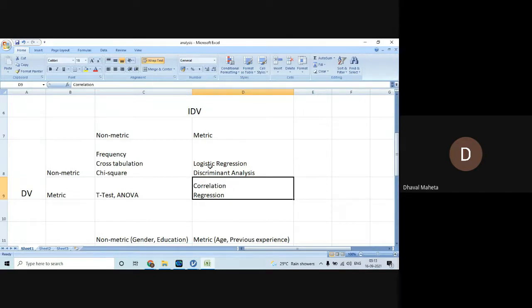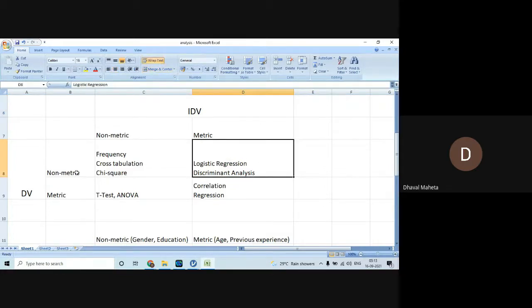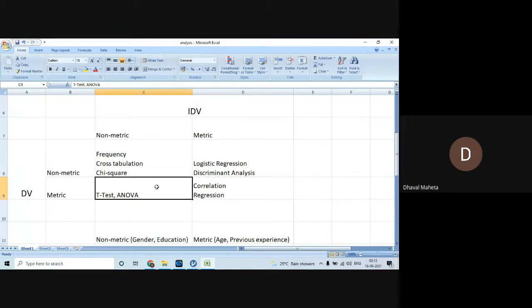Another thing is that when you are in this cell, these two cells are no longer similar. When you ask which is the independent variable, if your independent variable is non-metric, like buyers and non-buyers, and the dependent variable is users and non-users, or purchasers and non-purchasers, then you will have to use logistic regression, which is an advanced statistics. So with this understanding, let's try to run ANOVA on our data.